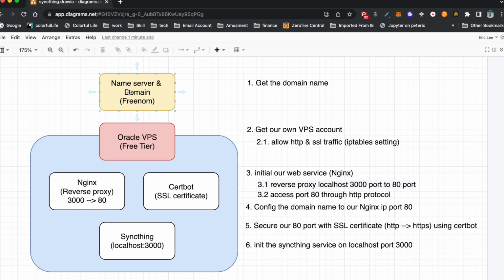Of course you can have the free DNS server as well as the Oracle free tier service, which provides you 200 gigabytes of free space, and we can make use of it to create your own Dropbox,